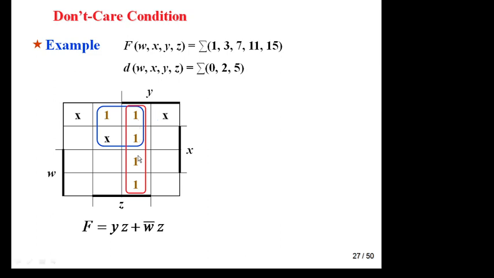Yes, in this case this quad, okay, this quad, these two ones are unique. What is the definition of EPI? As I said in the last lecture, EPI, essential prime implicant, is that prime implicant which has at least one min term, not don't care, one min term which is not involved in any other group. Okay, so this is the required answer. In this case these two ones are unique, and in this case this one is unique.